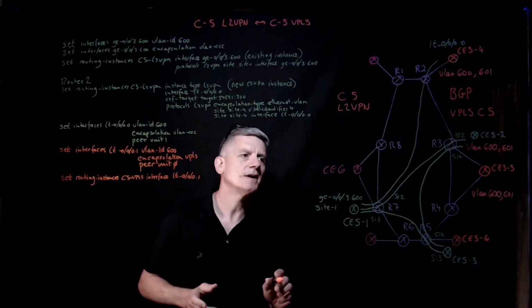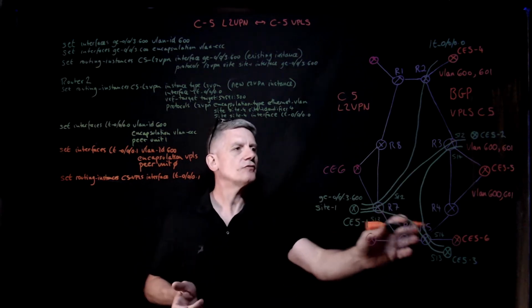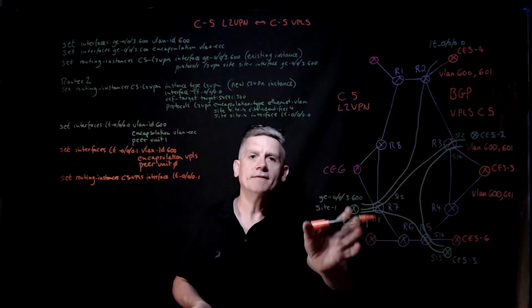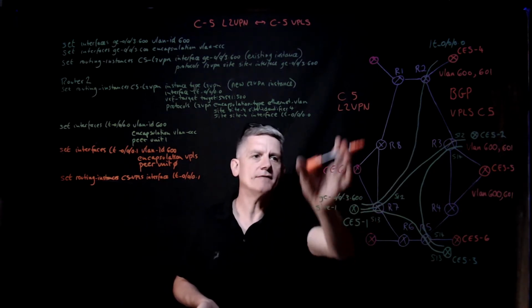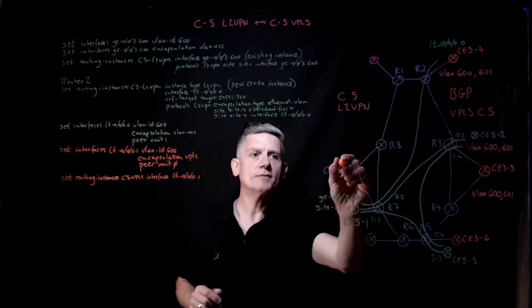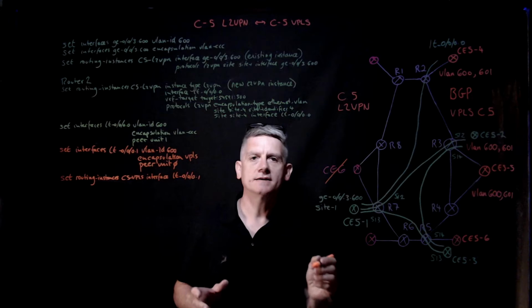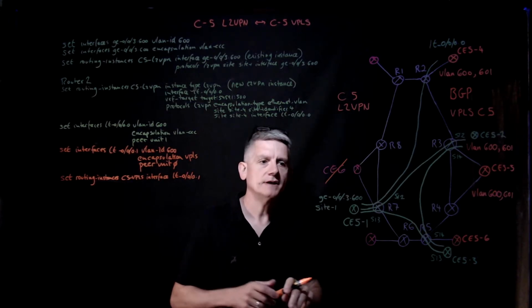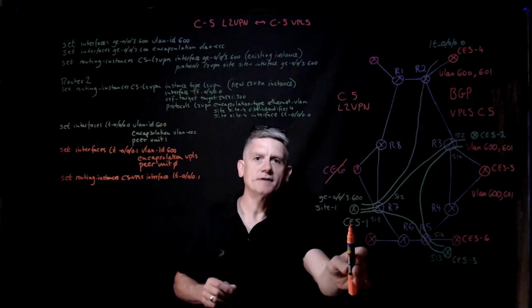Okay, so please be aware we've made some changes. On the right hand side we had VPLS signal by BGP, and on the left hand side in the pink we had VPLS signal by LDP. For this example we've removed the VPLS signal by LDP, and we're looking at the previous customer 5 layer 2